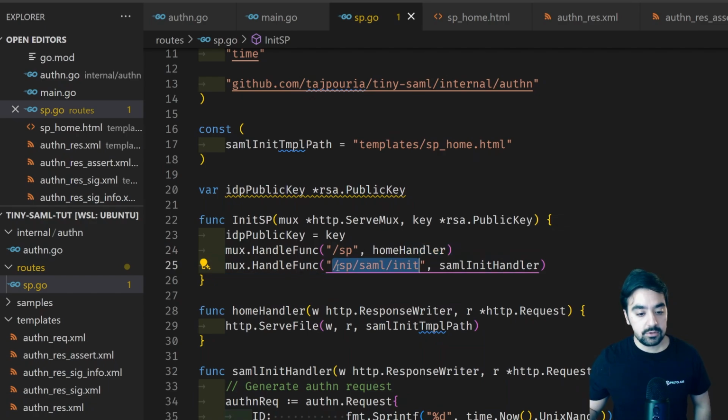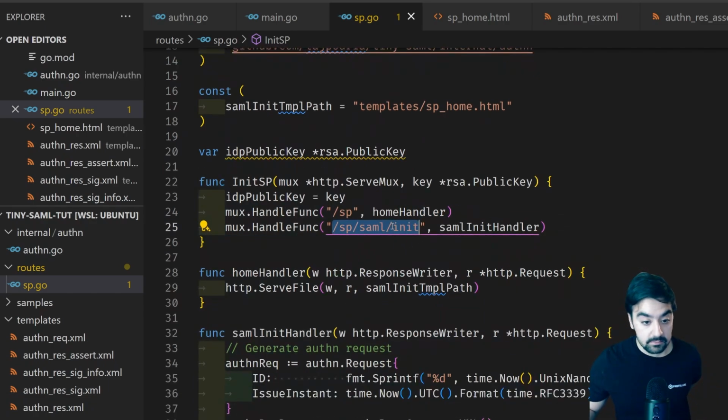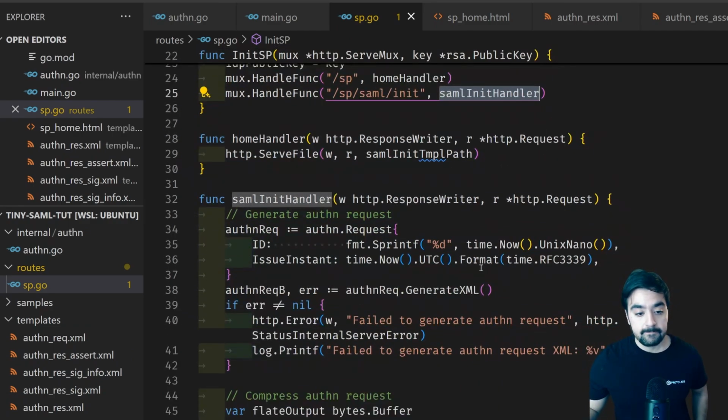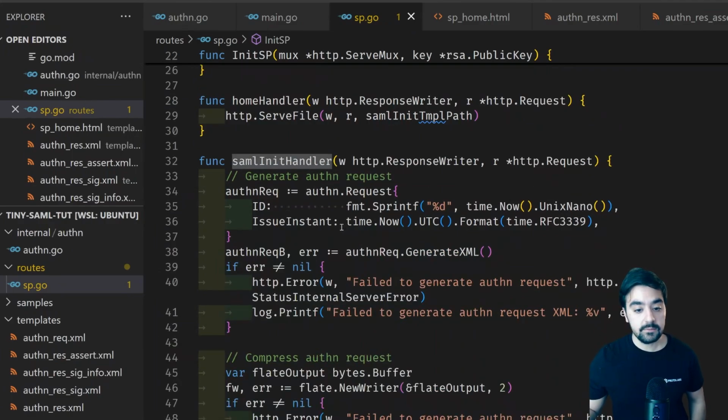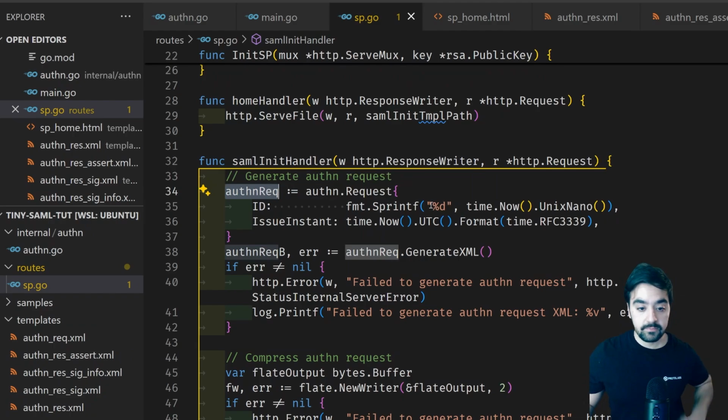So once the user is redirected to this, which expects the GET request, it will use this handler over here, the SAML init handler. So what happened inside this handler? We are basically creating an authentication request, which uses the authentication request type in the authentication package that we just created,